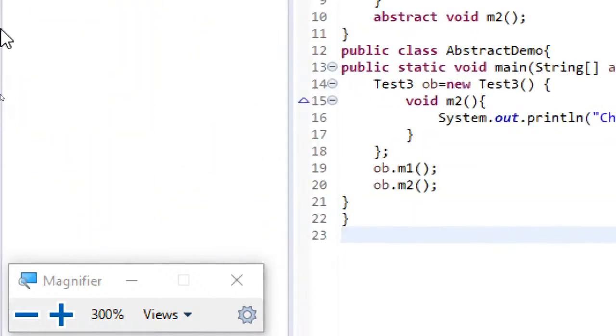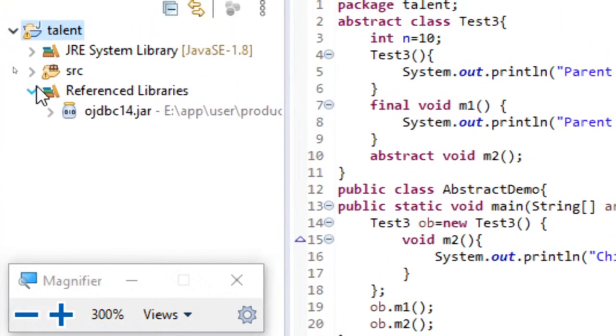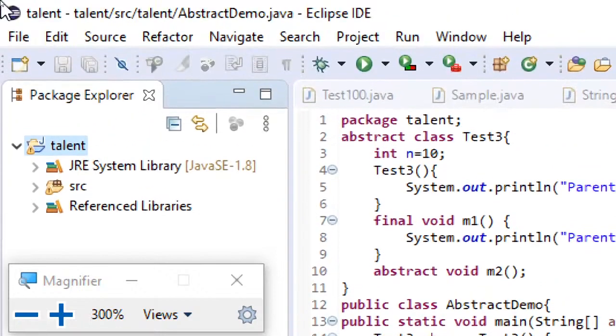Whatever external jars you add will be added under a new folder in your project, Referenced Libraries. All the jars will be shown in this Referenced Libraries. Don't make any changes. Now after adding this jar file, my project is ready for executing JDBC programs.